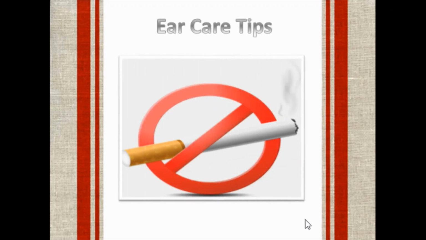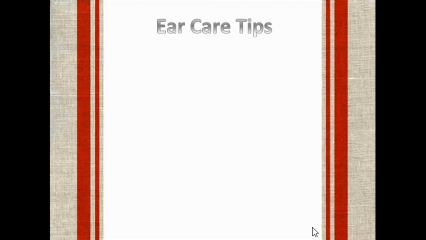Tip 4, same as with taking care of our eyes, it's advisable to avoid smoking to lessen possibilities of hearing loss. Again, avoid smoking. Since cigarettes contain harmful chemicals like nicotine, nicotine might deteriorate the functions of our ear. So, avoid smoking. And the last tip, tip 5, you have to,